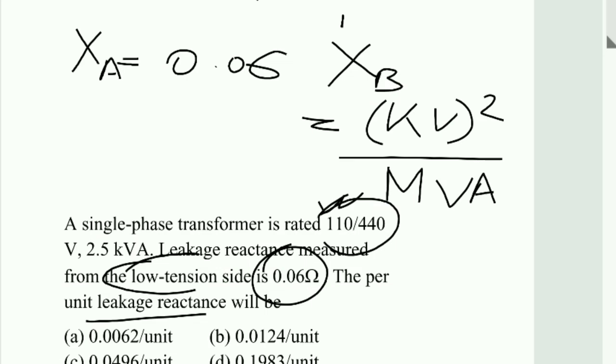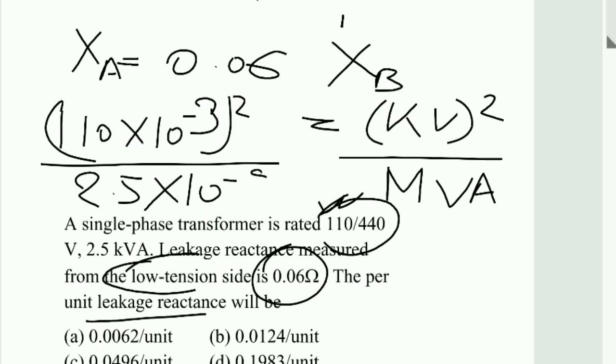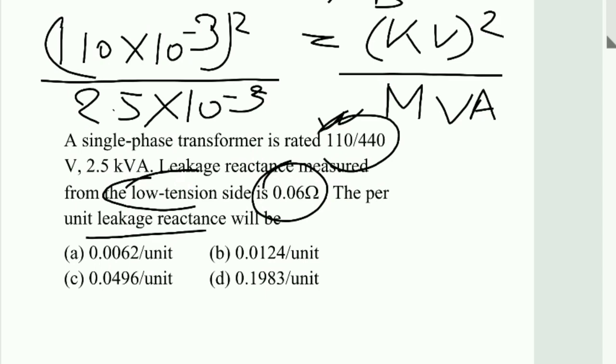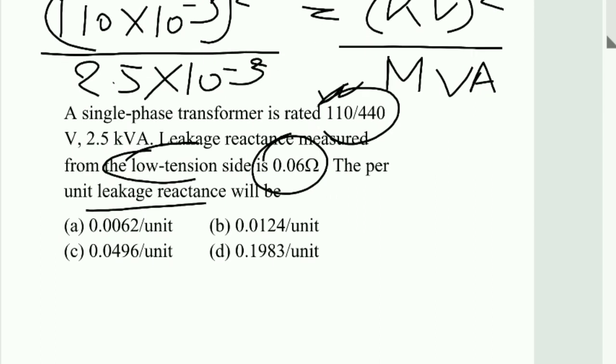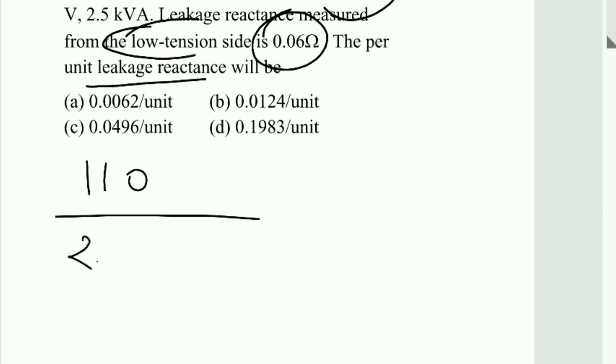So here we can see 110 volt, so kV पे convert करेंगे तो कितना आएगा, 110 into 10 to the power minus 3 स्क्वायर। ये तो वोल्ट पे था ना, इसको किलो वोल्ट पे ले गया। और एमवीए कितना होगा, ये देखो 2.5 केवीए है, नॉट एमवीए, सो 2.5 इंटू 10 टू द पावर माइनस 3 एमवीए, राइट। सो कितना आएगा, देखो 10 टू द पावर माइनस 6 स्क्वायर है, 10 टू द पावर माइनस 6 और 10 टू द पावर माइनस 3, सो डिनोमिनेटर पे 10 क्यूब आ जाएगा, राइट। तो ये इस तरह होगा 110 by 2.5 into 10 cube, राइट। सो इसको कैलकुलेट 110 स्क्वायर था, 110 स्क्वायर।